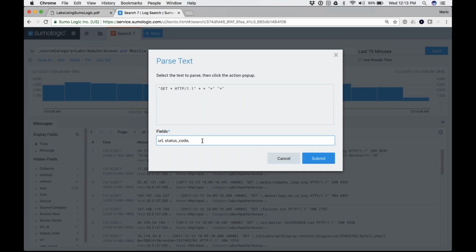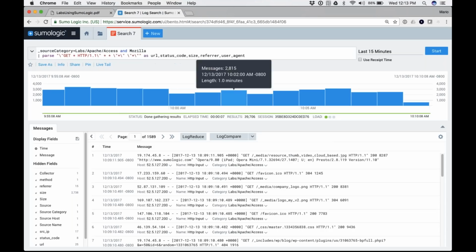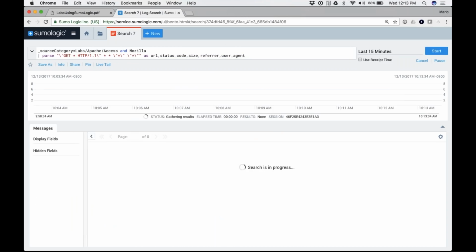So I can do exactly that. I can say size and referrer and user agent. What I'm showing you here is this nice little UI that lets you build this parsing statement. Of course, I could have typed it myself, but it's just a little easier if I get a little bit of help. So if I run that query now,